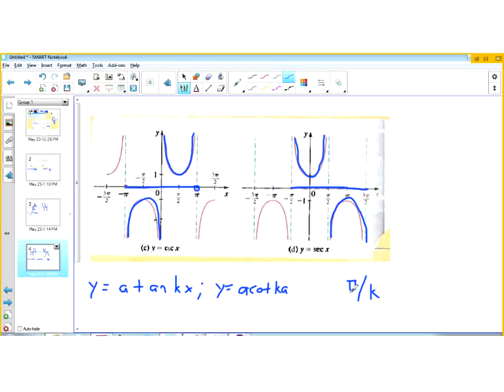Okay, so you can do horizontal shrinking and stretching of these functions. So this is the period right here. You take pi and you divide it by k. And we know that k must be greater than 0. So if you have a negative, so for instance, if you have something like this,